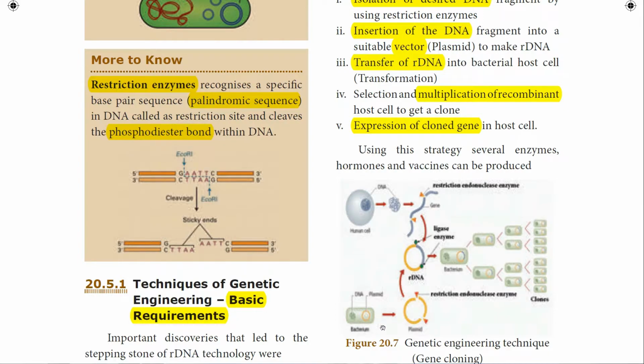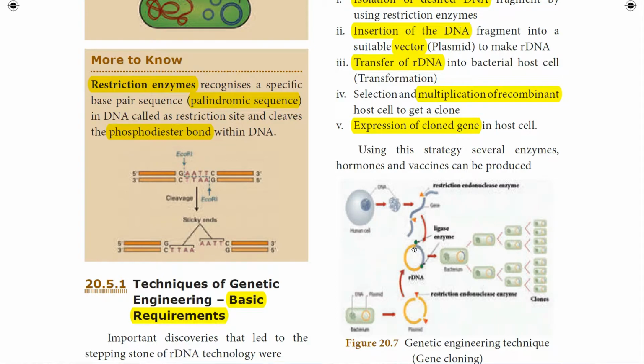The plasmid is a vector and it is taken from the bacterium. So using the same restriction endonuclease enzyme, we have to remove the segment from the plasmid, and this cut plasmid will be joined with the desired DNA fragments, that is called the insert. So here the cut fragments will be joined with this plasmid to make the recombinant DNA. Using the ligase enzyme we can paste them, we can join them again as the circular DNA plasmid.